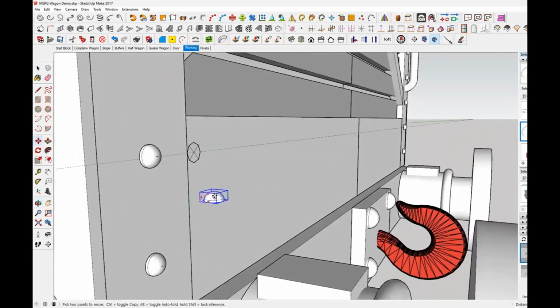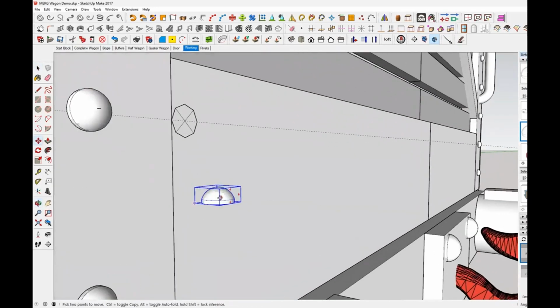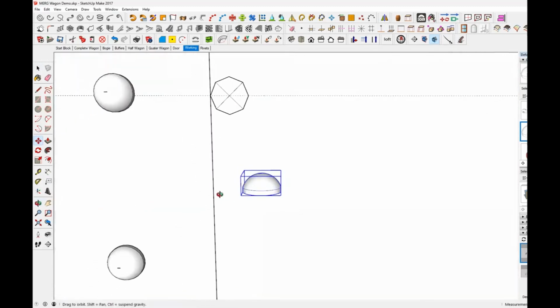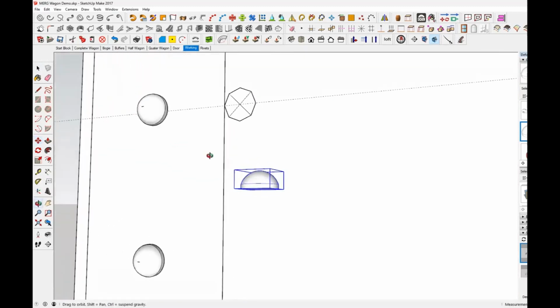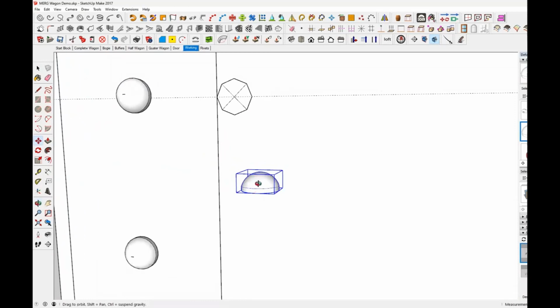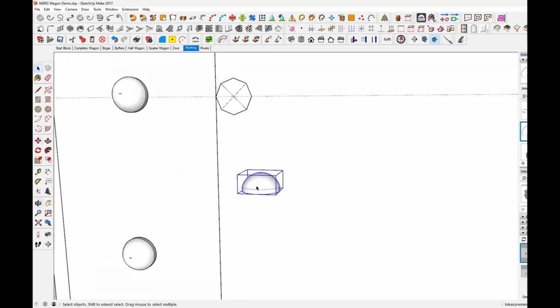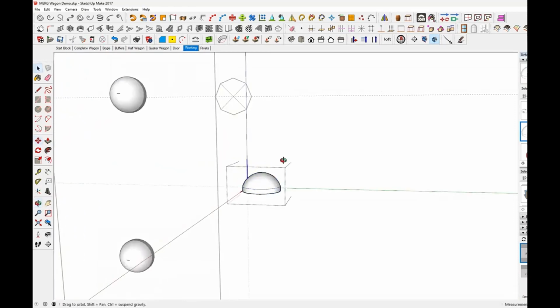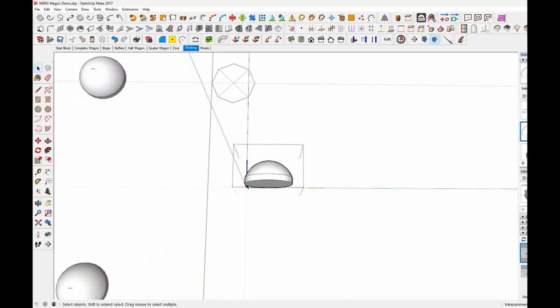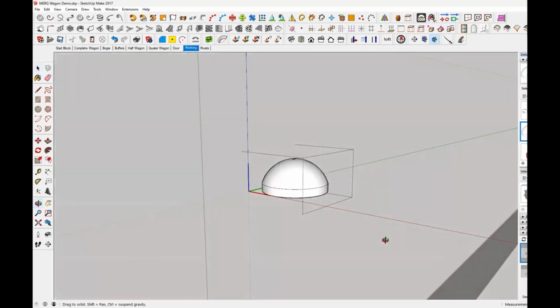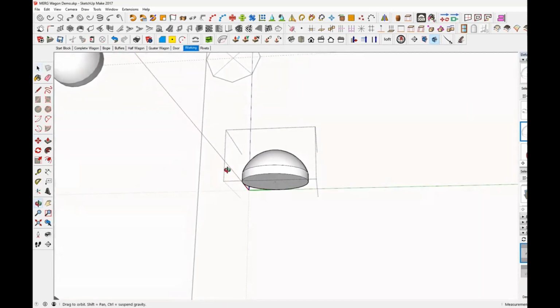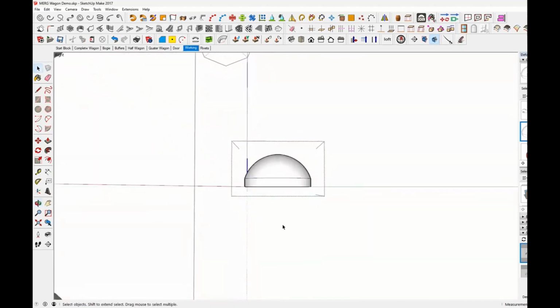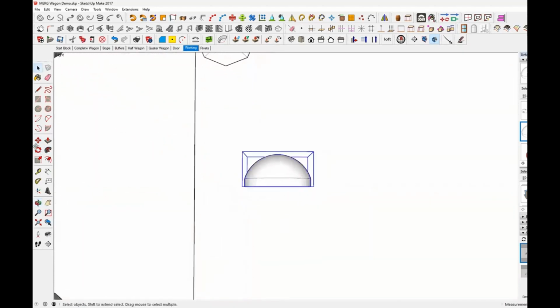Now, this one, I think the axis is probably wrong on this model because it come in that way, it should have come in the other way. So if we double click on it, yeah, the axis is in the corner. That's where it will put it by default. Yeah, so what we do is we rotate that on the red,